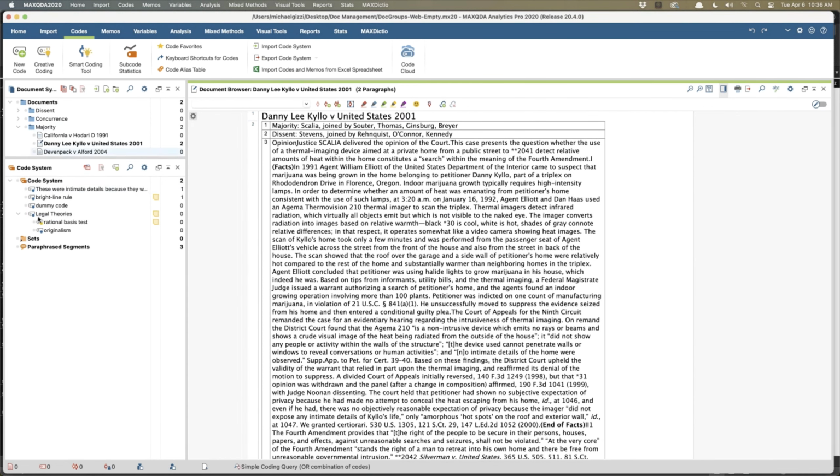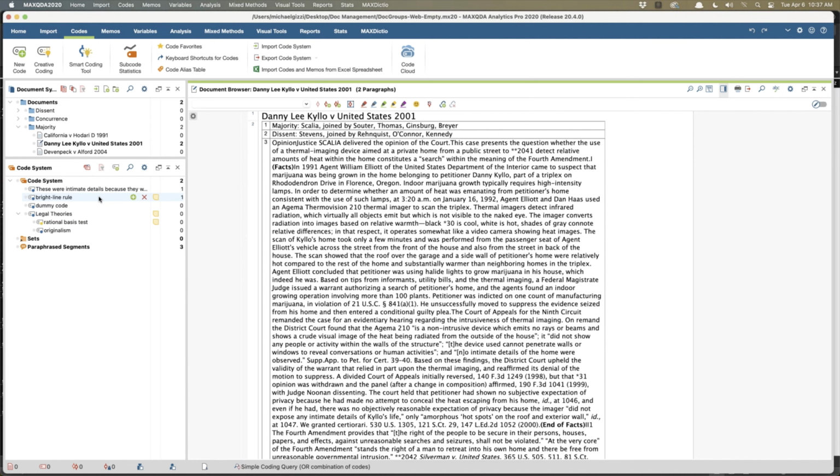So I'm trying to build a coding system. Now, I may know from the theory underlying my research what several of the codes are going to be. It may be crystal clear to me that there are certain things I want to cover, in which case I can create those codes deductively just by using the new code system, repeating it. I can make that process easier by using some of the import tools.